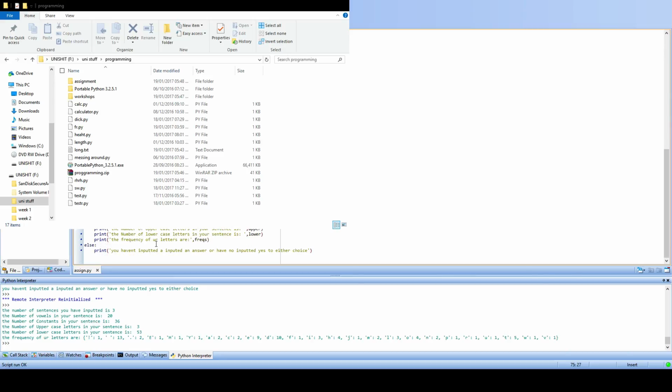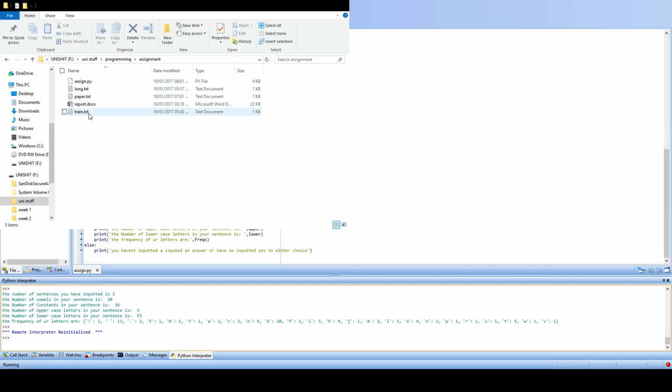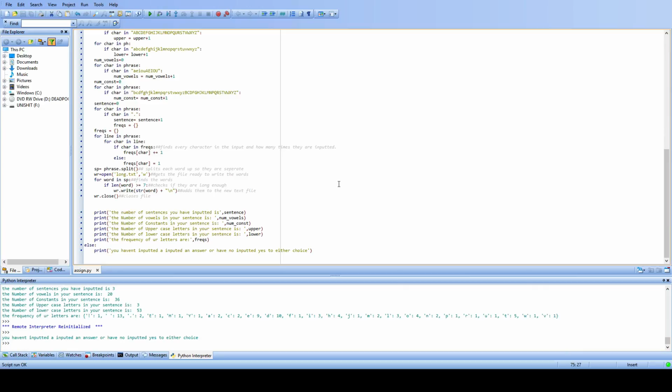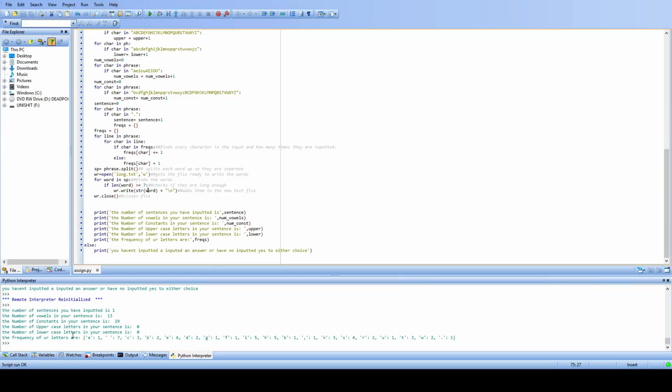So let's test this. Now for this I have prepared 2 files here. We've got train and paper. So I'm going to use train, paper. So first go through that. I pressed space, whoops. Okay, so the file we're going to use is paper.txt. There, and it counts each word,